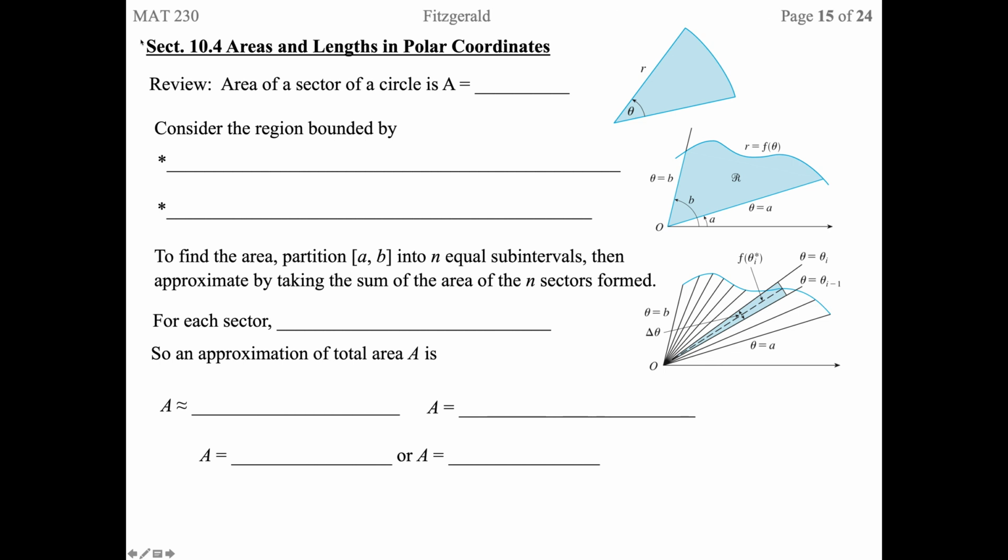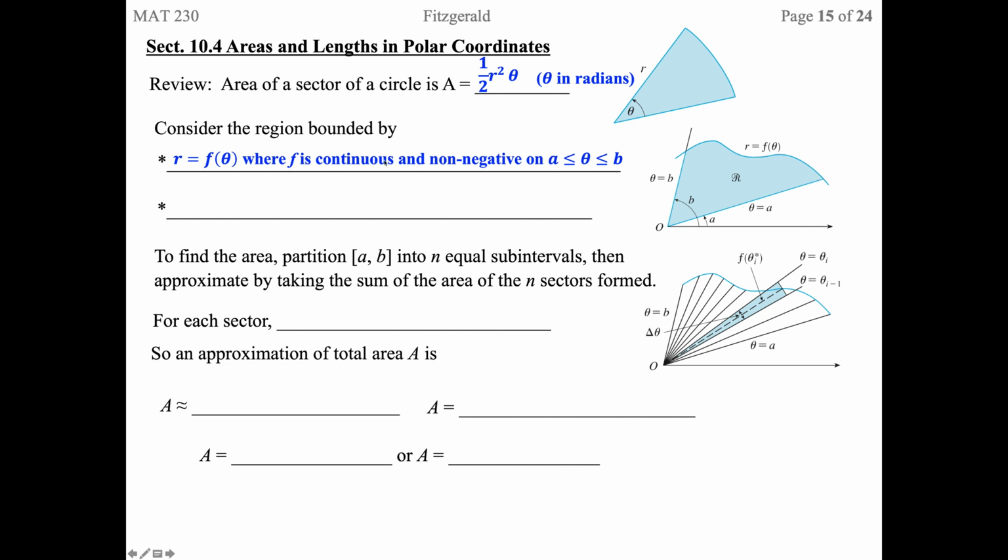and lengths in polar coordinates. So a quick review of our sector right here. We know that from trig, the area of our sector is 1/2 radius squared times theta, and theta must be measured in radians. So we're going to consider the region bounded by r equals f of theta, our curve, where